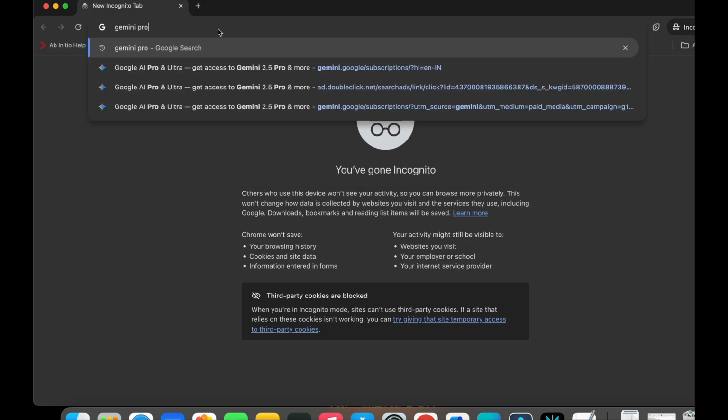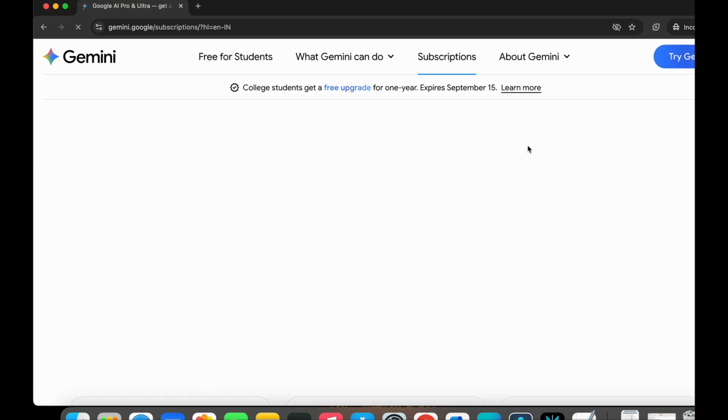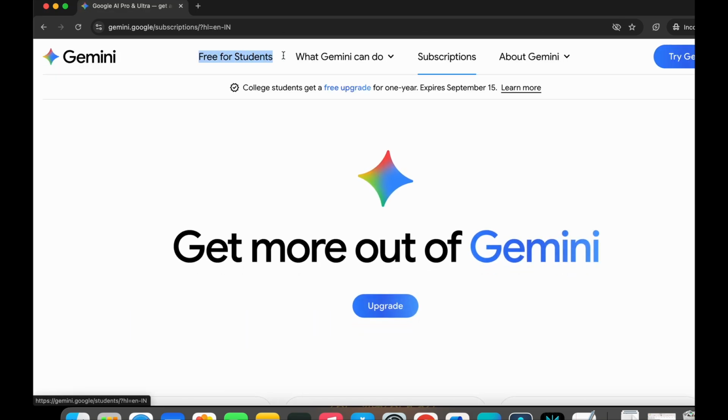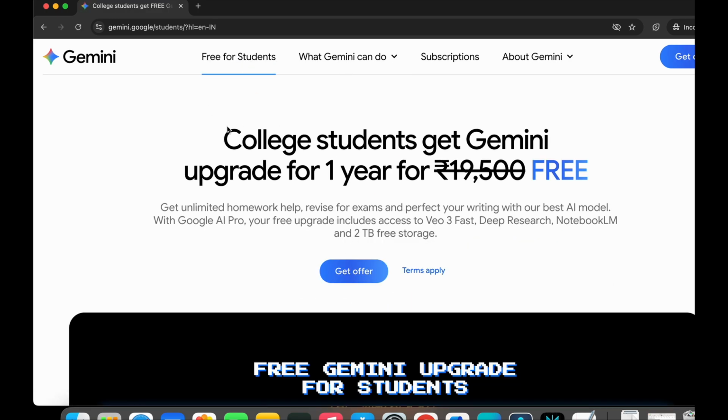Search Gemini Pro in the search prompt and then click on the Gemini link that you get. Over here you can see that it's free for students. Click on that free for students tab and it will take you to the student page. You can see that it's for 19,500 and we are getting it for free of cost if you have a